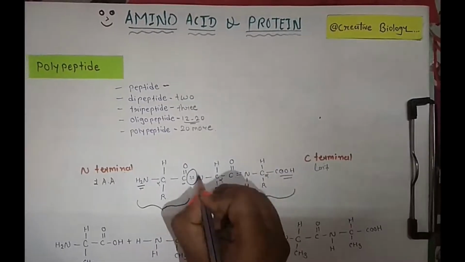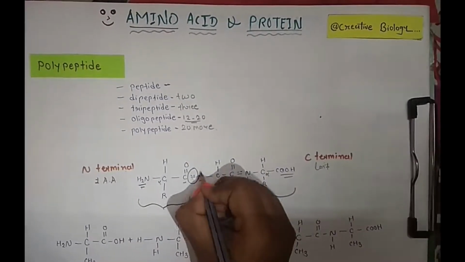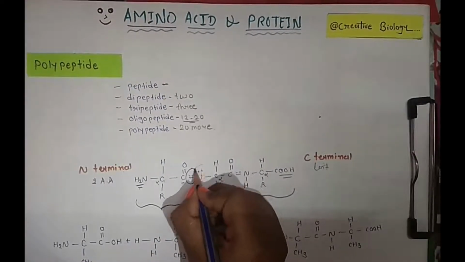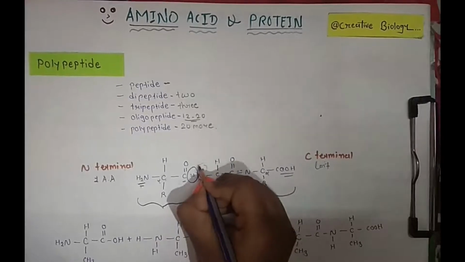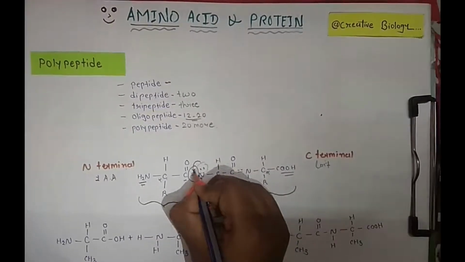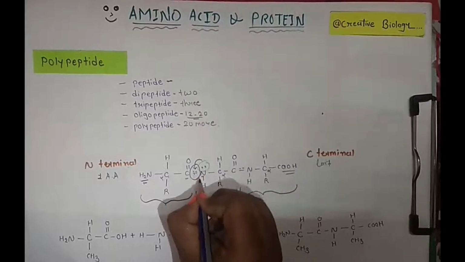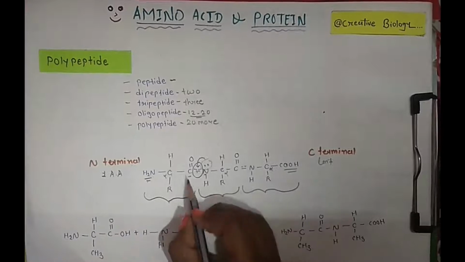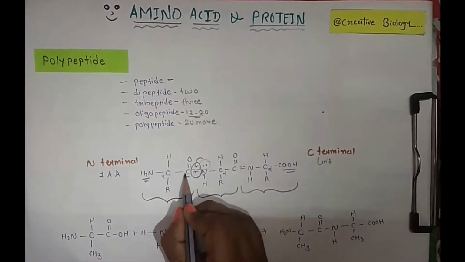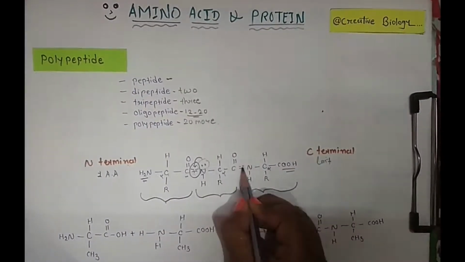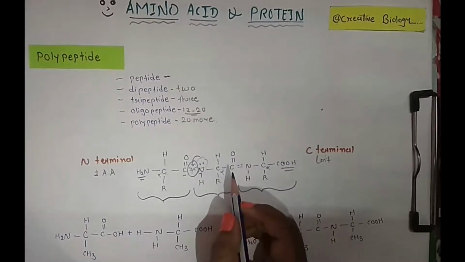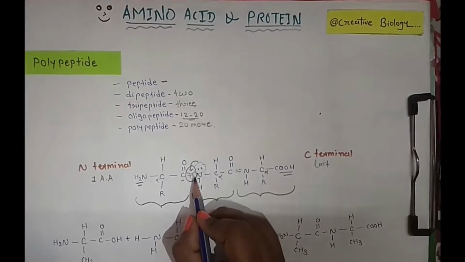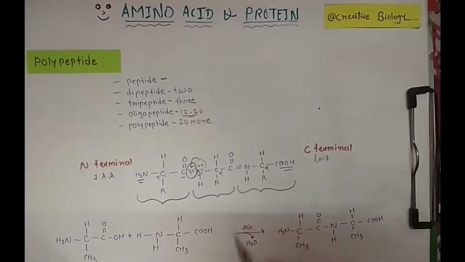If you remember, this nitrogen has a lone pair of electrons, and due to that pair it creates a partial double bond on this bond, so the peptide bond always contains partial double bond character. Okay, as you can see here, this bond is not a single bond, but has a partial double bond. That bond is formed due to dehydration, or by removal of one